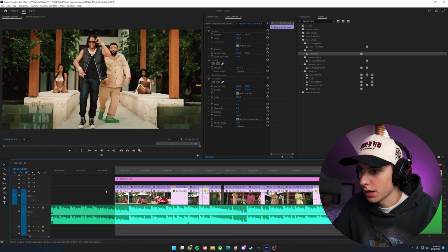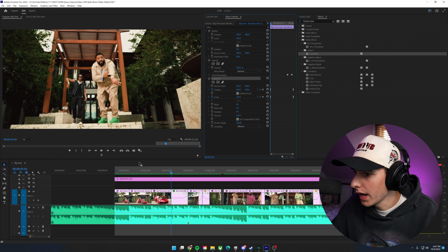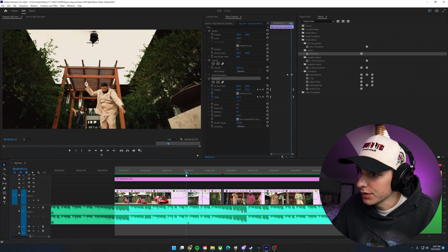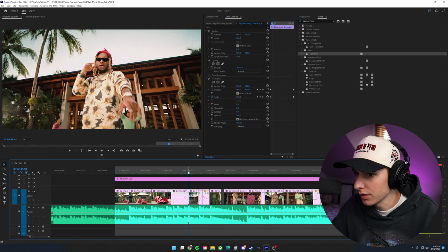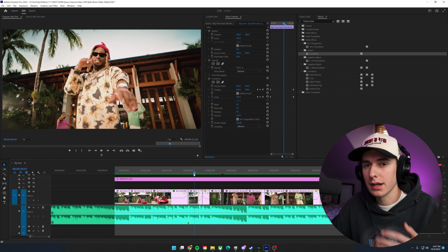Already looking so much harder. Now we just need to add a lot more energy with effects, zooms, shakes, stuff like that. So I'm gonna go through and line everything up. So adding transform on here and just having it scale out and zoom up also at the same time, just expose the helicopter. And then on this clip, start zoomed in and zoom out and kind of create that parallax